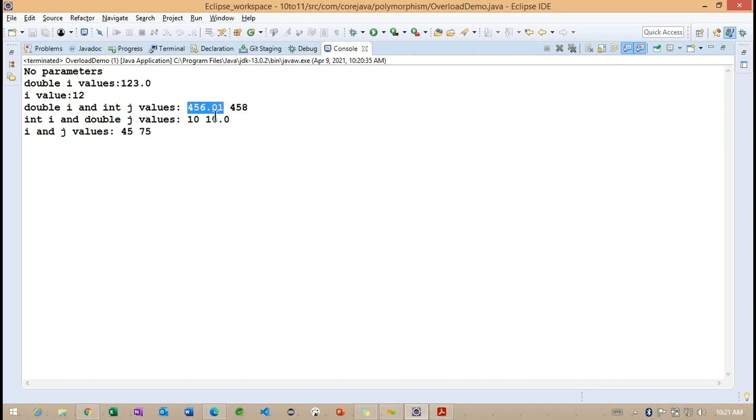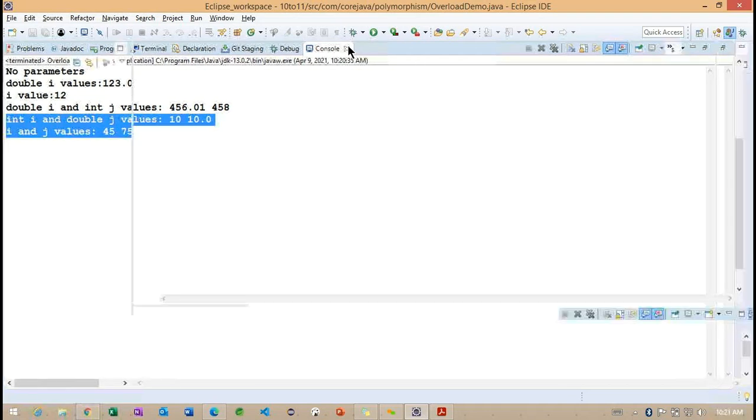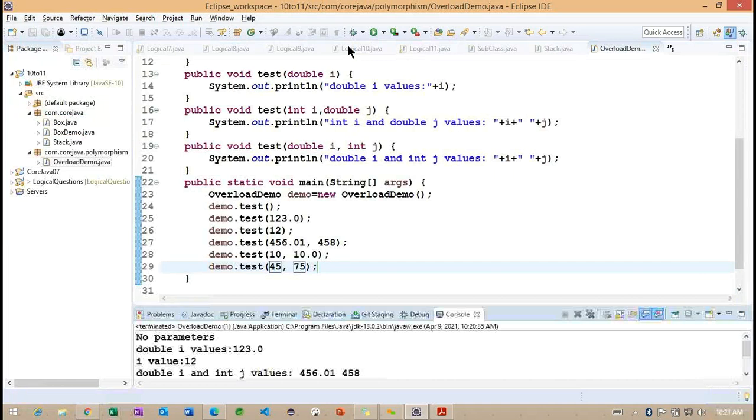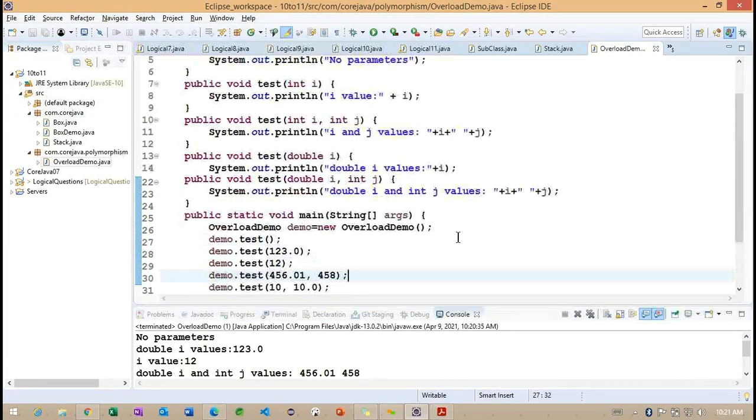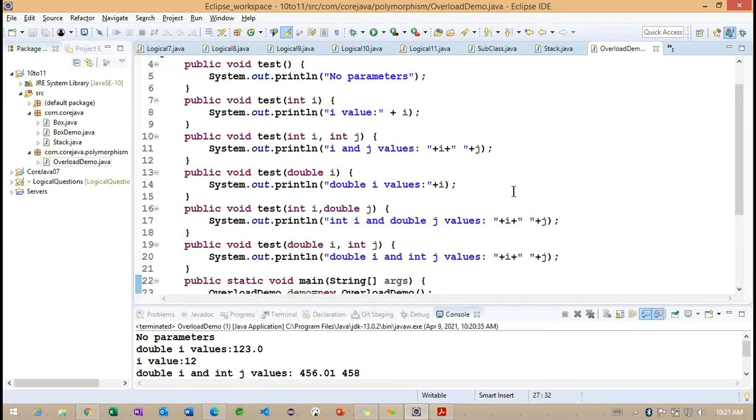So 456.01 is a double data type, and 458 is an int data type. We need to understand this section very carefully. And for the below two, int comma double, and the final method, both parameters are expecting the same type. So these are simple examples of the overloading concept.